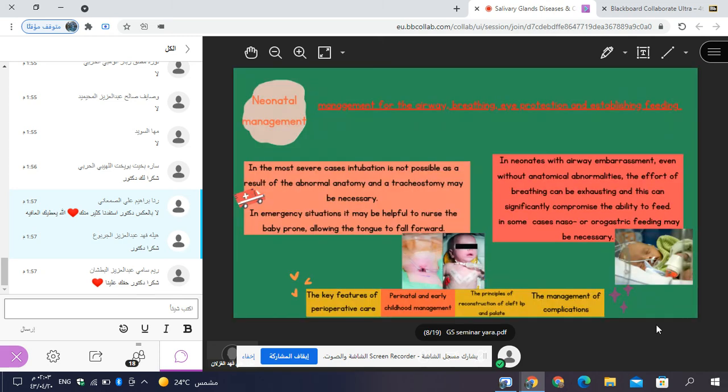Then the baby is now born. So how will we manage him? We will manage them by first the airway, breathing, eye protection, and establishing the feeding. So for the airway,